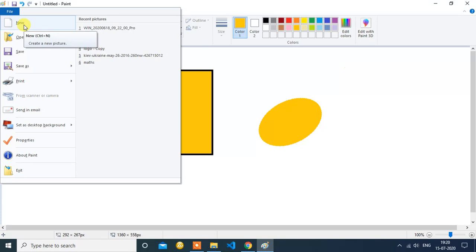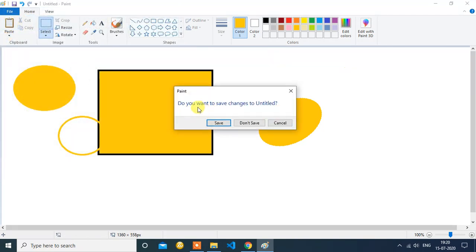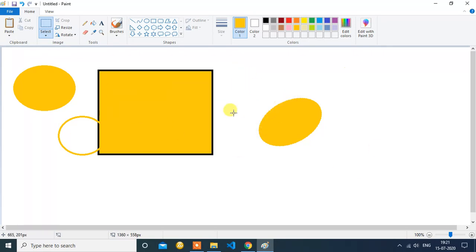If we click on new, it will give us a new fresh page to work with, but as you can see, it is giving you a message that this page isn't saved, so you can't have a new page. You need to save the current page first, and if it is worth saving, you can save it. I have demonstrated how to save in the previous video. And if it is not worth saving, you can just go for don't save. And if you want to keep this picture and make some changes, you can cancel it. It will give you the same page.